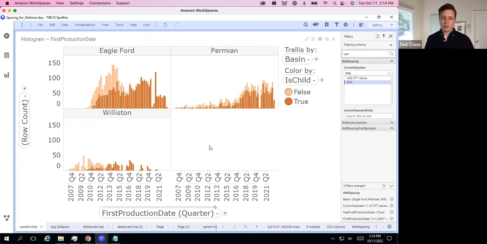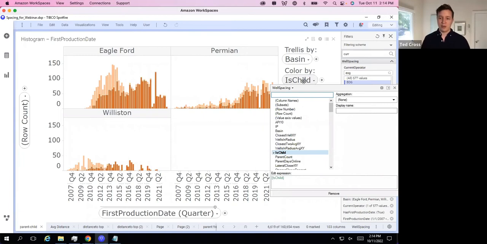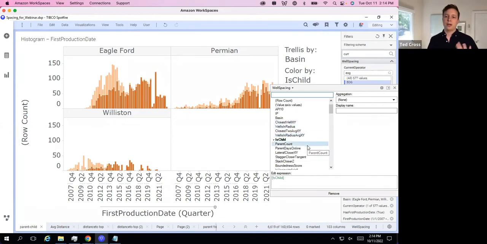So for the spacing data, we've taken basically the greatest hits of our spacing calculations that we've developed for our ML platform, and we've put them here into the data service that are calculated for every well in Lower 48 that we have a bottom hole location, TVD, and a first production date. So even if we don't have a survey, we can kind of guess what the trajectory was. So we'll calculate all that. So this has stuff like how far was the closest well, how many wells are in the radius, is it a child well, how many parents were there, how long was the parent online, things like that.